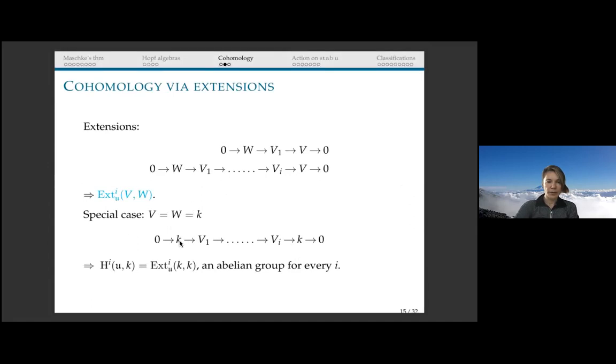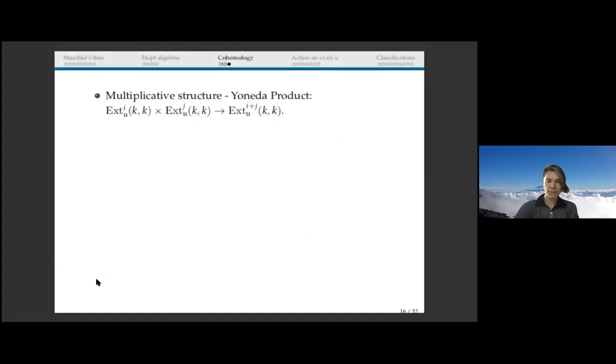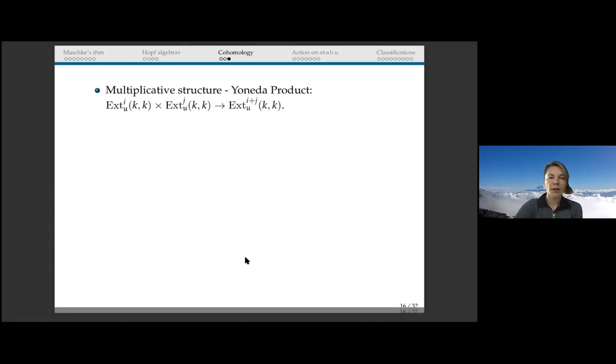And in a special case, when we put the trivial module on both ends, we get extensions from K to K. And this is called the I-th cohomology group with coefficients in K. Looking at cohomology by extensions, it's very easy to define products. So it becomes a graded vector space if you just add all extension groups together, but we can multiply them. And I think usually you first learn about multiplication in cohomology by a cup product, but another product